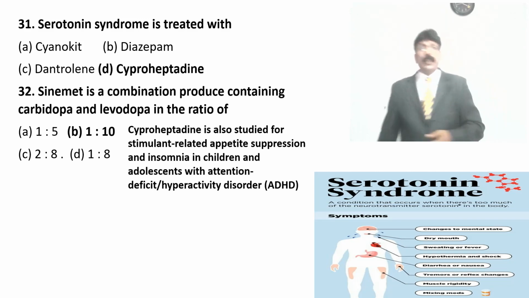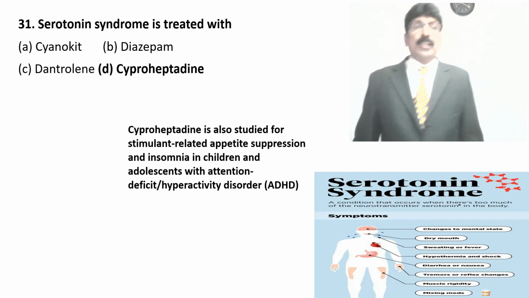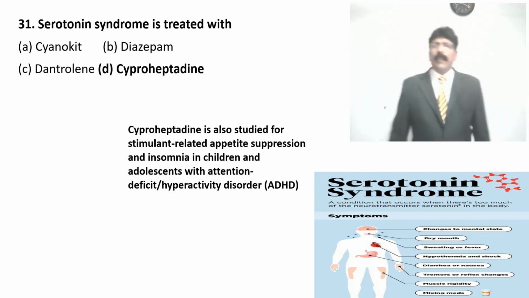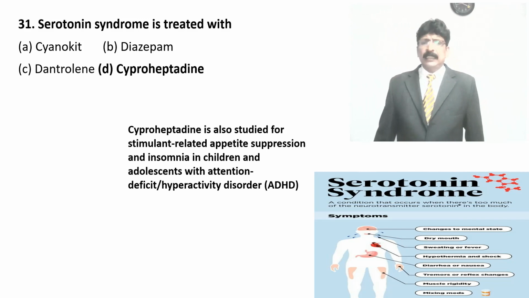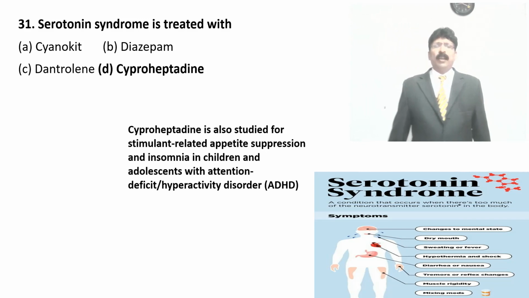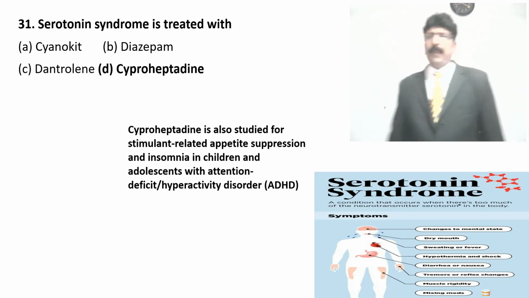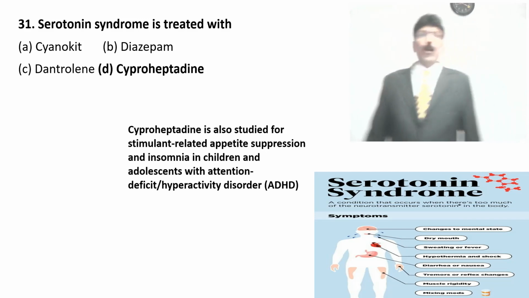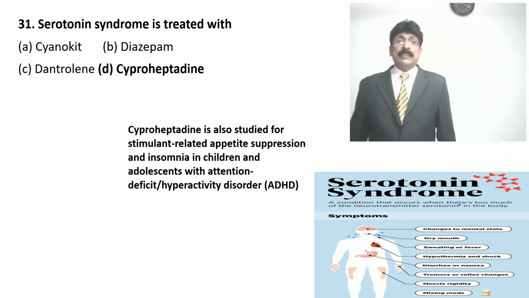Then dantrolene, which they have given as a choice. What is dantrolene? Dantrolene is a skeletal muscle relaxant. It can be used for treatment as a skeletal muscle relaxant and relieves pain, so it is not connected with serotonin syndrome. So serotonin syndrome can be treated with